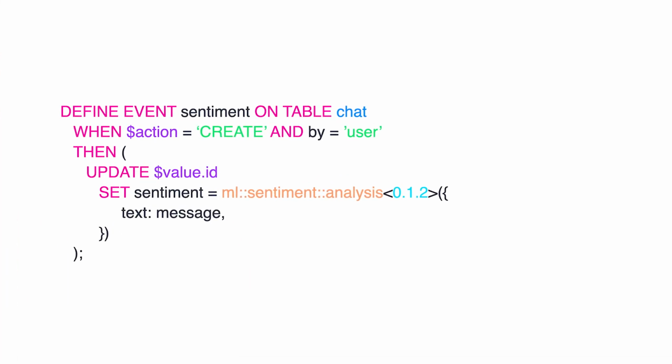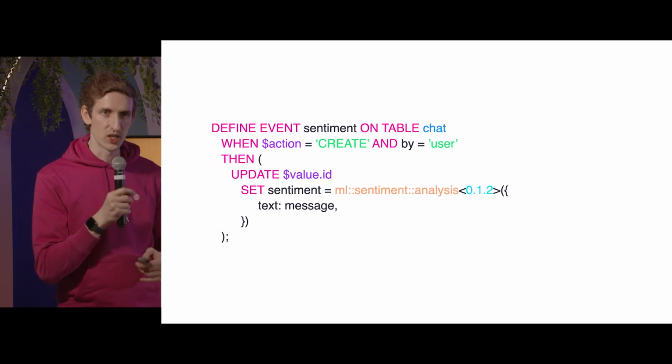So here we're defining an event. Whenever a chat message is created, and it's created by a user as opposed to by an employee, let's say, then I want to update that record, and I want to set the sentiment value to positive or negative or 55% or 75%, whatever the model returns. So this now enables you to have automatic sentiment analysis based on any message as it is changed or as it is created in the database, simply with a function.